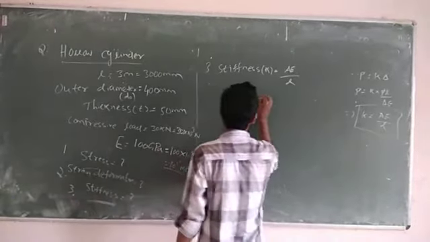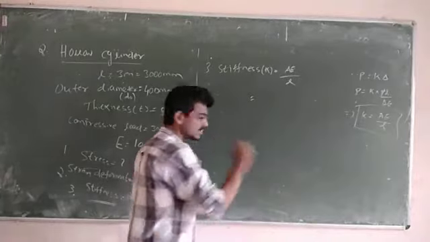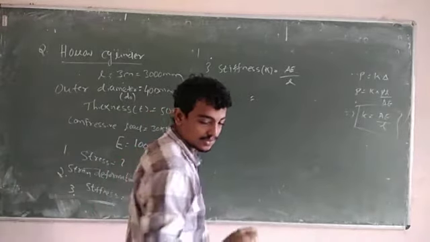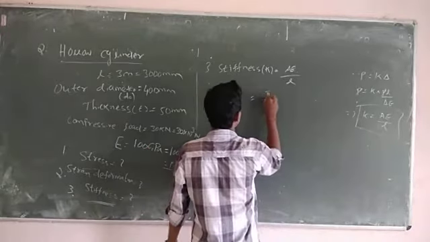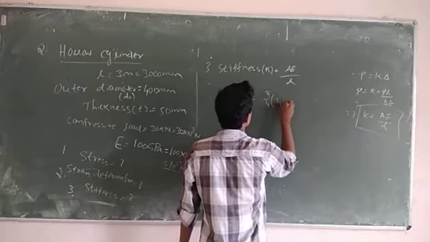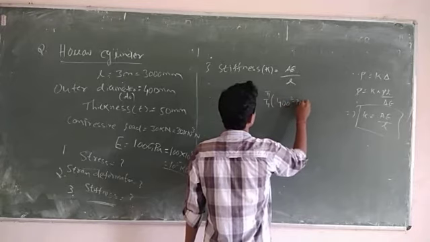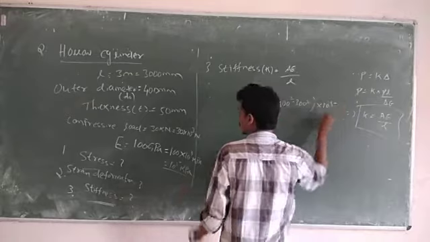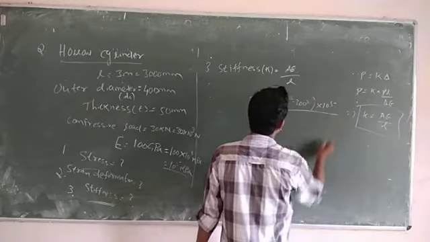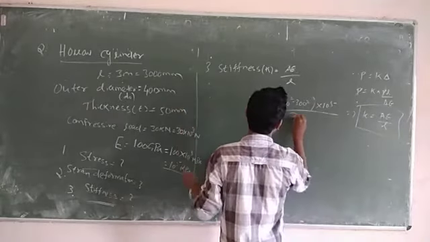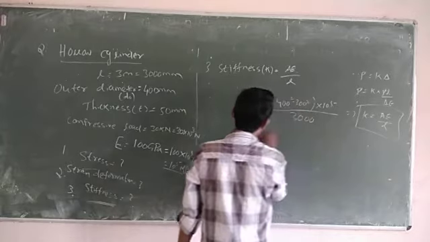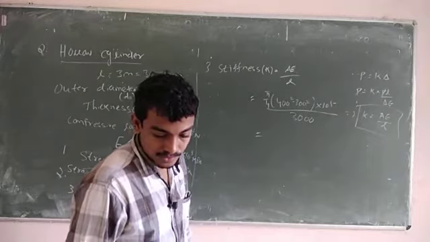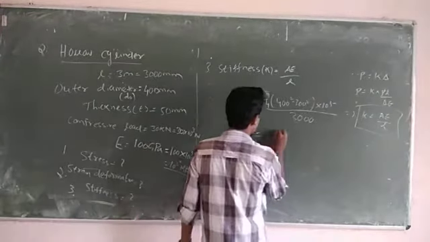So what is the area here? Area I just worked out. Area, whatever it will come, 5/4 into 400 square minus 300 square, into E is given 10 to the power 5, by L, how much is given, 3000. Let's put it. So this is coming around 5.5 into 10 to the power 6.